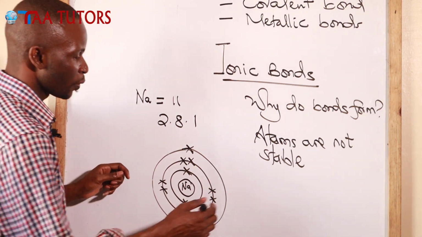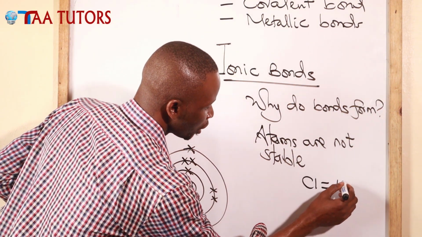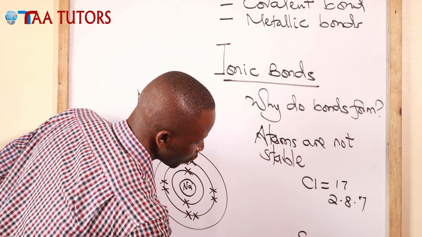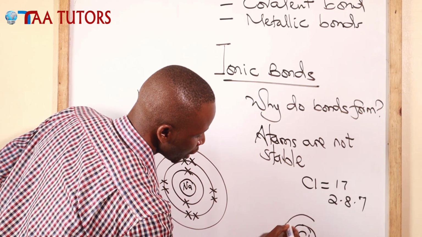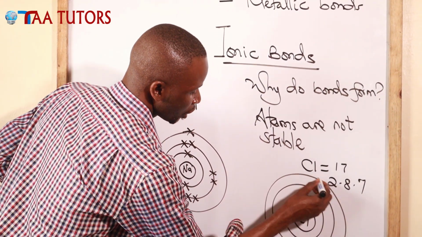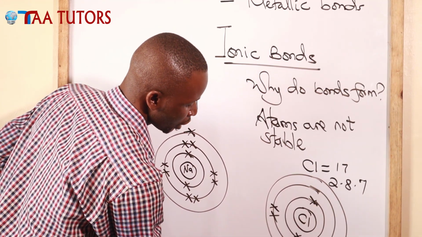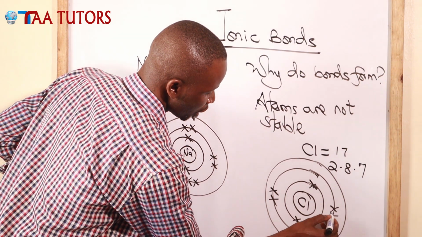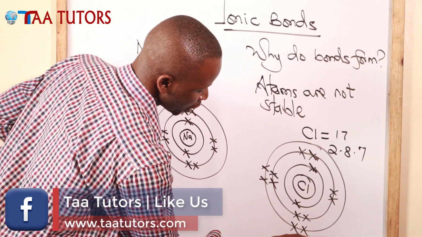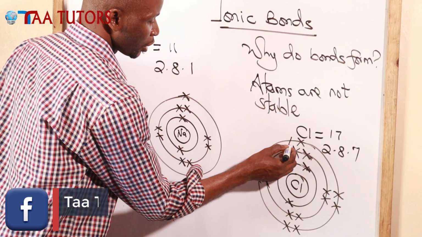If we have chlorine, chlorine is number 17, whose electron arrangement is 2, 8, 7. Chlorine here has 3 energy shells as well. And of these 3 energy shells, the first has 2 electrons, the second has 8 electrons, and the outermost energy shell has 7. If I draw that